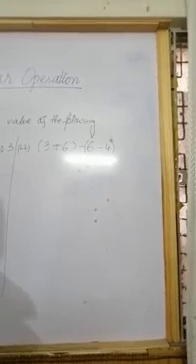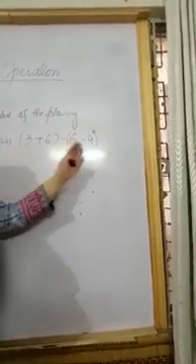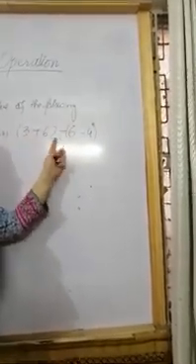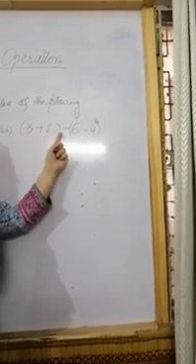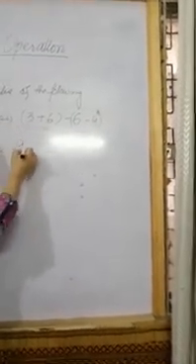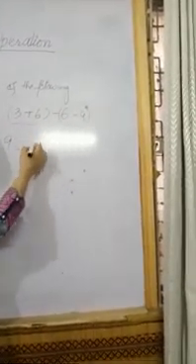Second question, there are two brackets. We have to solve these brackets individually and then perform the operation which is present between them. So first of all we solve this bracket and this bracket simultaneously. So 6 plus 3 is 9, minus 6 minus 4 is 2, 9 minus 2 is 7. This is a very easy question.